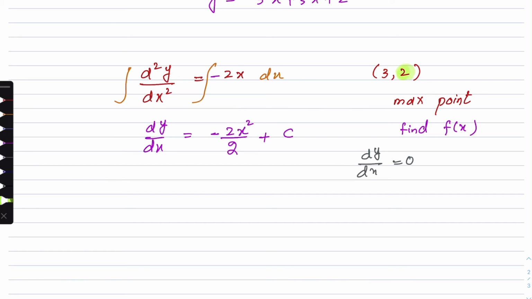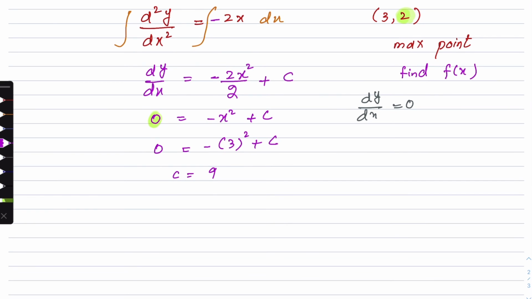He said this is a maximum point, so here the slope would be 0. So we put 0 here: 0 is equal to minus x square plus c. So x is 3, and because this is a maximum point, the minus is outside the bracket. So 0 equals minus 9 plus c, so c is equal to 9. Put into the original function: dy over dx is equal to minus x